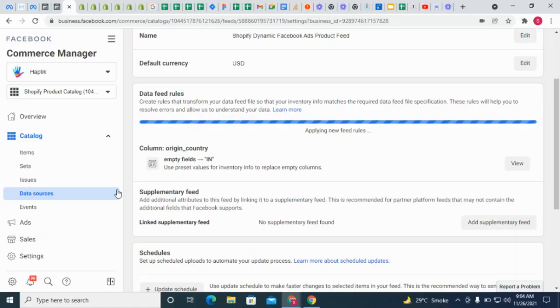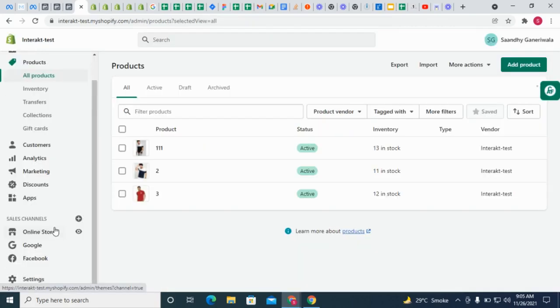After having added the data feed rule, you still need to ensure that all your Facebook catalog products get updated at least once so that the data feed rule comes into play and the country of origin is added to the products. In case you have synced your Shopify products to Facebook using a third-party app, you would generally see a setting by which you can ensure that all your Shopify products keep syncing to Facebook every few hours. However, if you use the Facebook sales channel to sync Shopify products to Facebook, your products get updated on Facebook only if something is updated in the products on Shopify.